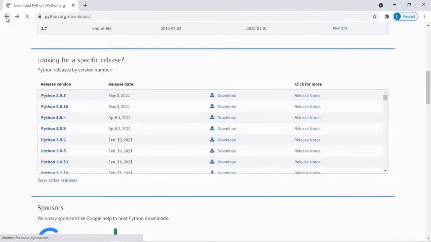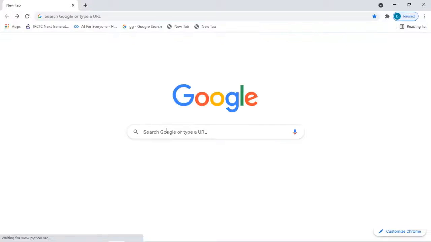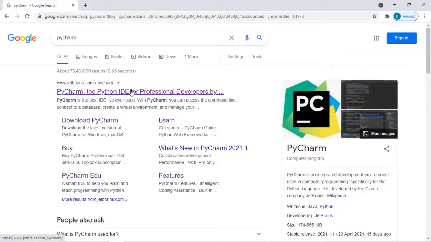Now go to the browser and type PyCharm and then enter. So this is www.jetbrains.com/pycharm.